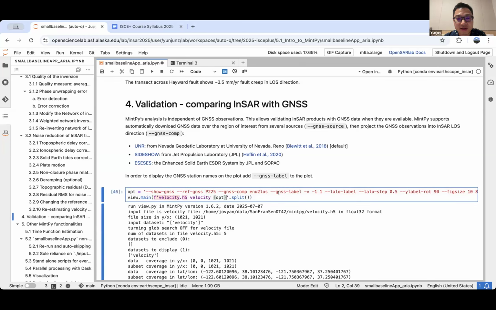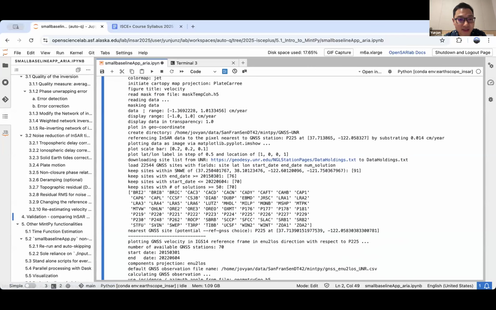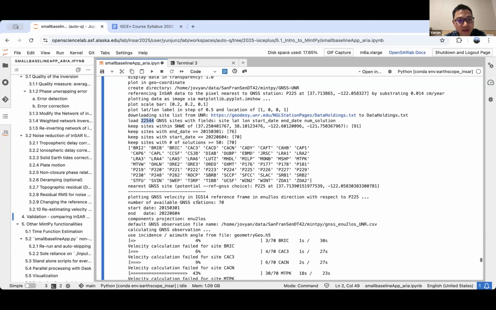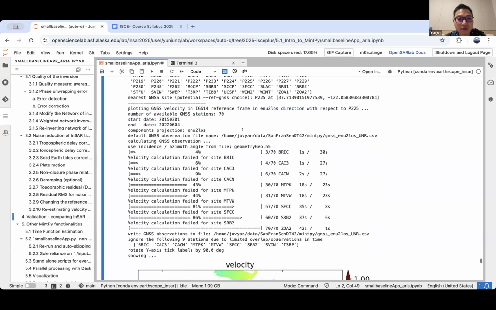So you can actually specify by adding this option, the code is automatically searching all the co-located GNSS available on UNR by default. You can see that it's searching over 20,000 GNSS and finds that around 70 of them are co-located in both space and time with our InSAR data, and it's downloading them one by one, and projecting the 3D GNSS into the radar line of sight, and